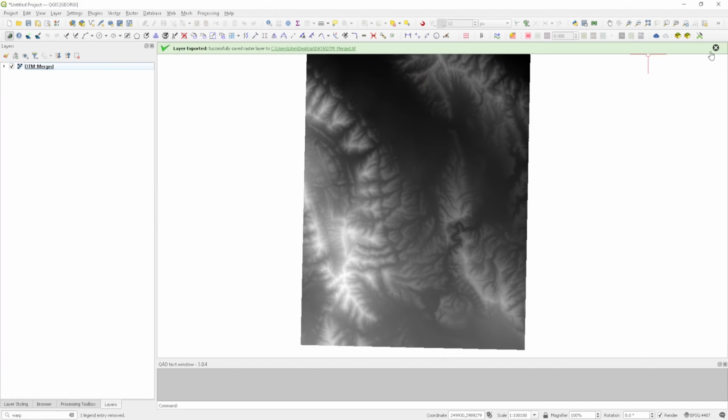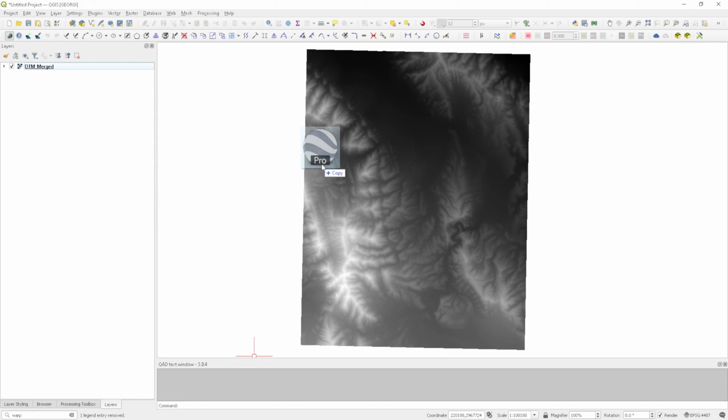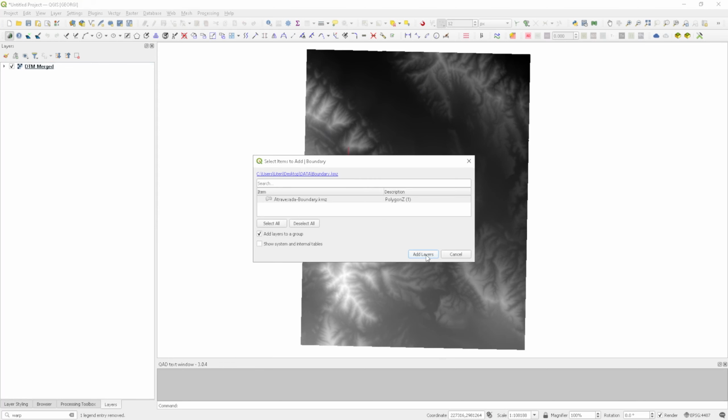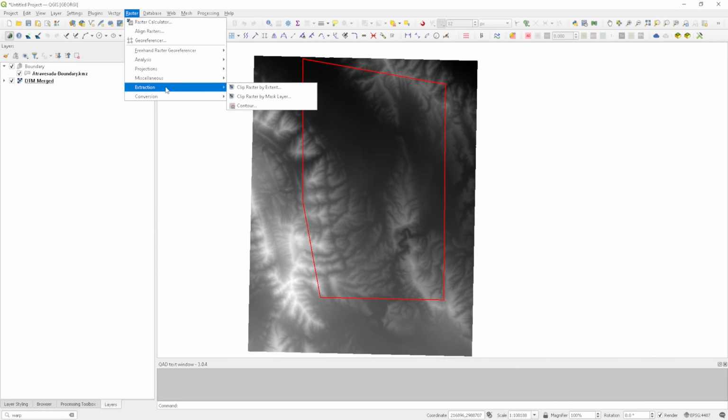From here you can proceed to do whatever you want with it, maybe export contours from it or clip it to a boundary. And this is in fact something that the person who sent this project to me wanted to do, to clip the DTM to a boundary. So I'm going to quickly go through this. Boundary is here under a KMZ file. So I'm going to simply drag and drop this into QGIS. This pop-up window will appear, just click on add layers,